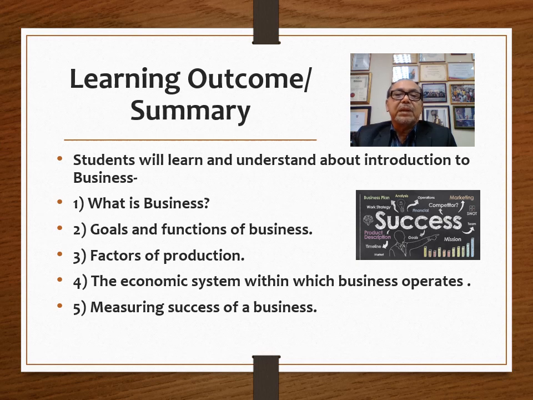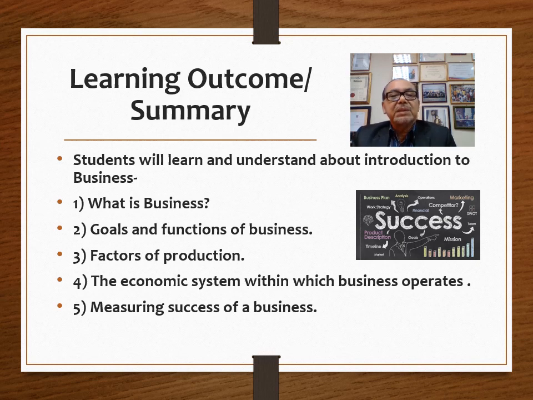Okay, learning outcome summary. We are closing our lecture, so we go back to our learning outcomes. Number one, we're talking about business. For this topic, we already taught you four kinds of business: sole proprietor, partnership, limited liability, which is a new kind of business activity, and then the corporation, Sdn Bhd. The companies we will teach you later, but for this one, you need to know these four types only.